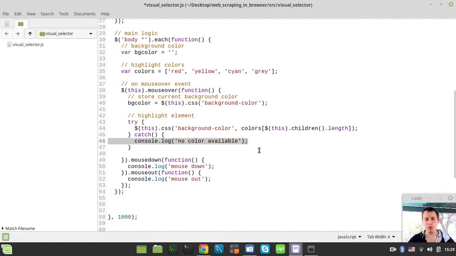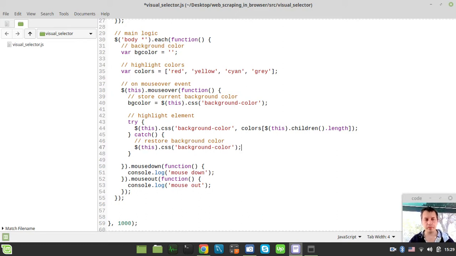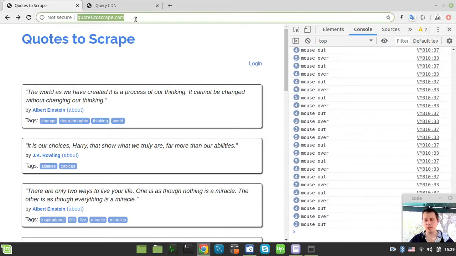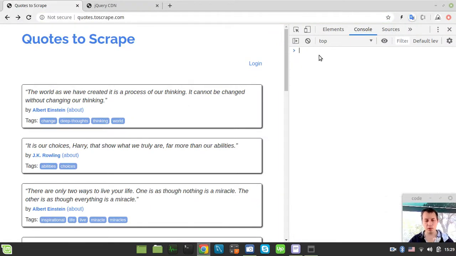And also right over in here we need to restore background color. So background color would be equal to bgColor. And now I hold my breath and try to update the page and paste the code in and run this again, and I hope,